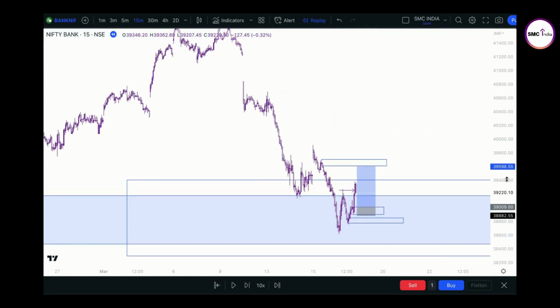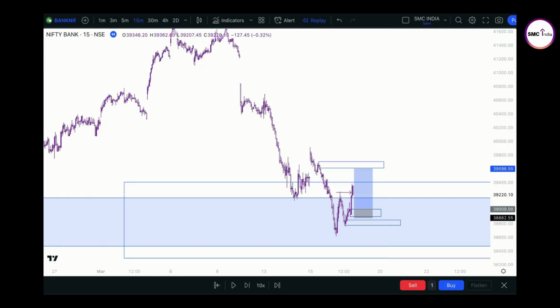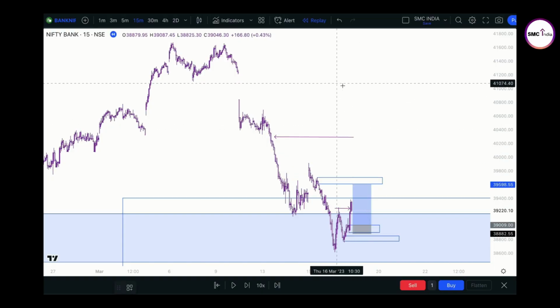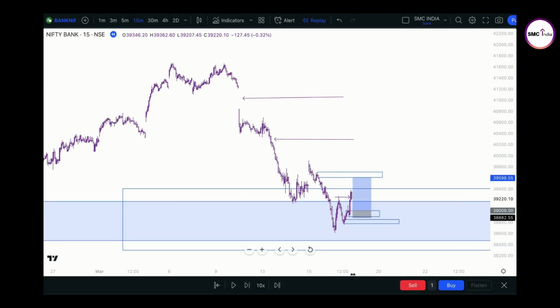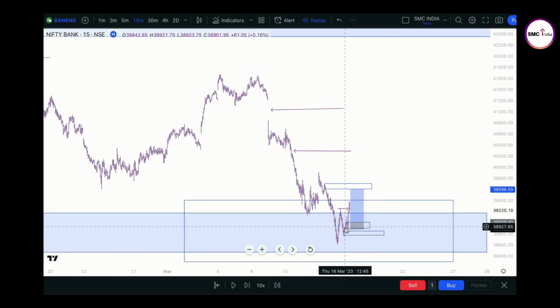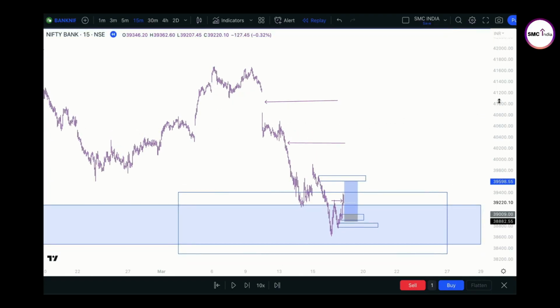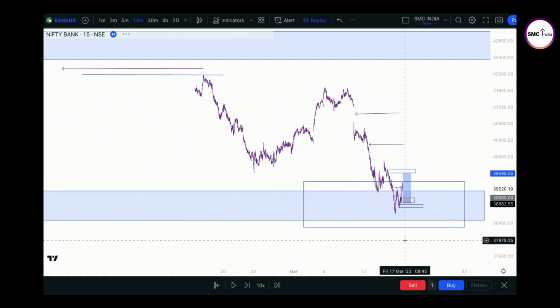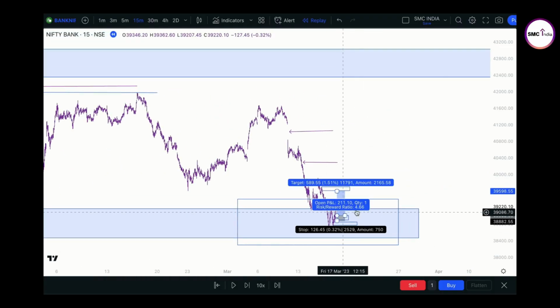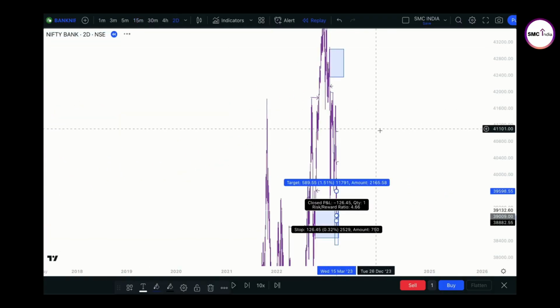But if you're going to hold it for a bit long, you could see that there is a huge amount of imbalance left to be filled here, and there are a lot of gaps. So it depends on how long you're going to hold this trade, because this order block is going to play out from a very important demand zone, and this demand zone is from a higher time frame. So this is a very important order block, and if you're going to the lower time frame, you're going to win very big. If I'm moving to 1 day time frame,